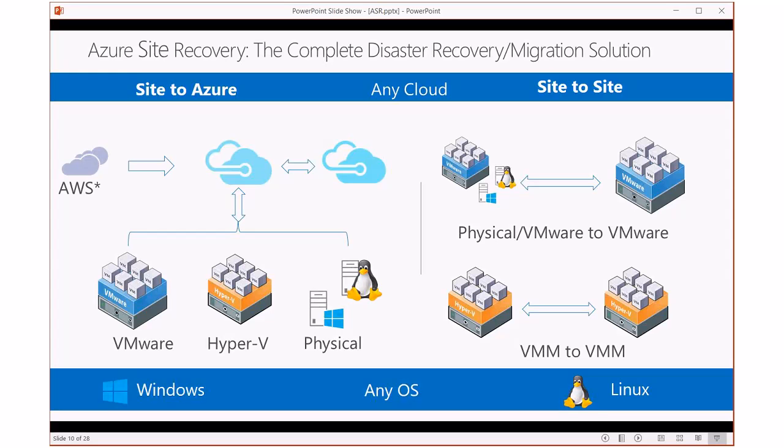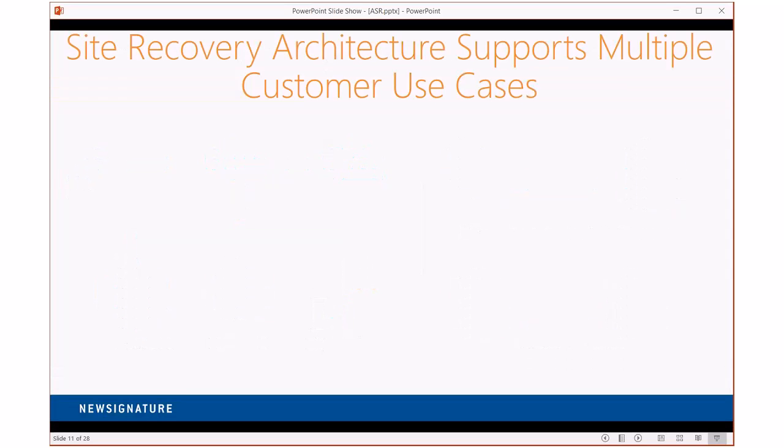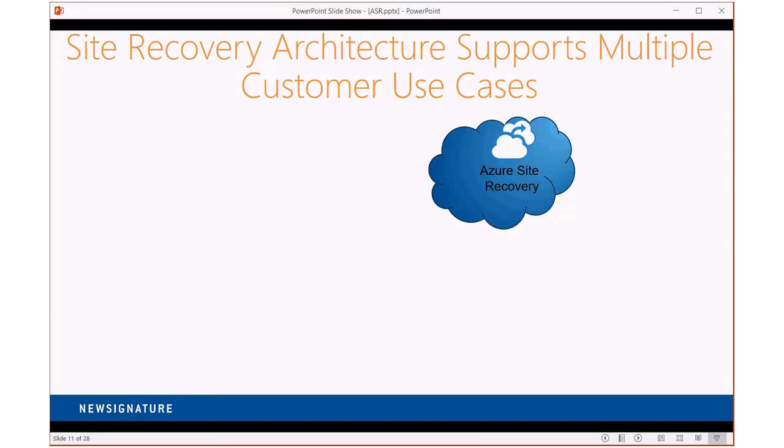Or if you did have two data centers and you were still wary about the cloud and you don't want to run in the cloud at all, ASR gives you the ability to fail over to one data center in the case that one of your data centers has a problem, and then again fail back if and when you need to do that. All right.